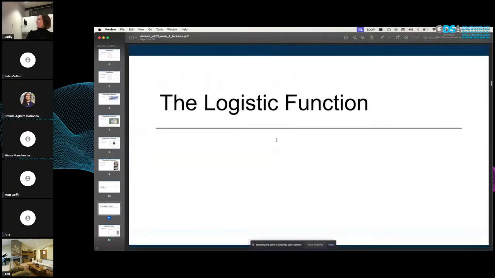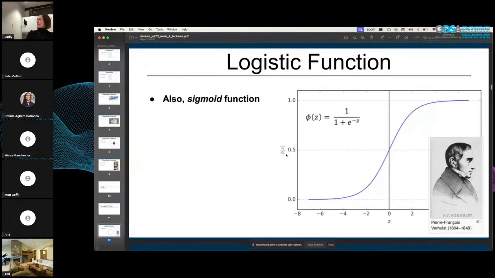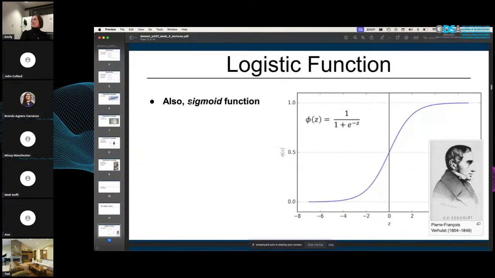So there is something called the logistic function, and that's where logistic regression gets its name. And it comes from this form of the sigmoid function. So there's this curve. This is what the sigmoid function plotted on a graph looks like. There's this curve that represents as x goes to -infinity, it always approaches 0. And as x goes to positive infinity, it always approaches 1. And this is the formula for that. It's 1 over 1 plus e to the -z.